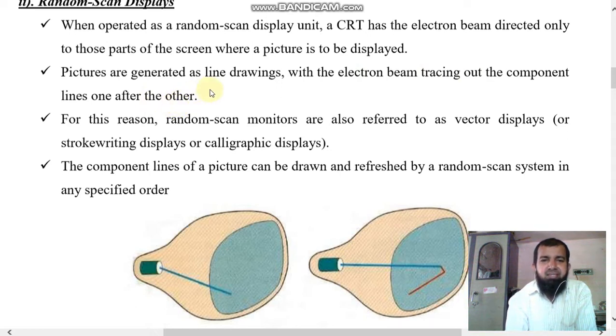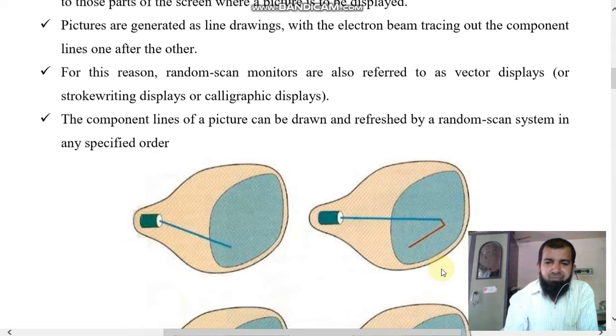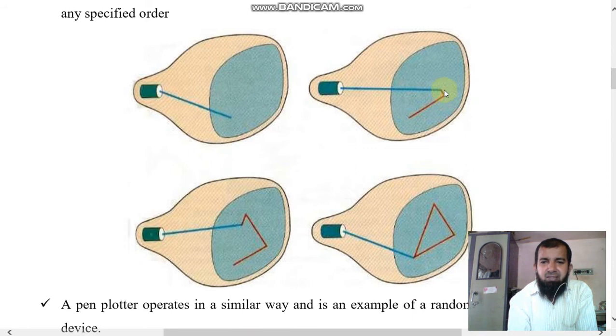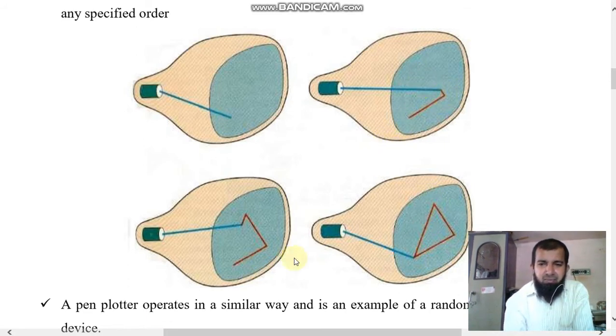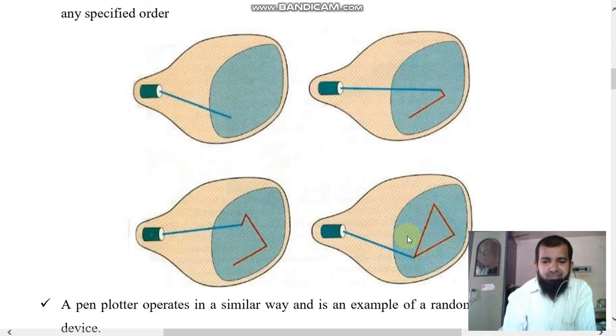So it starts from here, then displays like this, then like this, and continues, finally coming back to the start. In the first step it displays one line, then the next, and after that this line. So it displays the triangle.